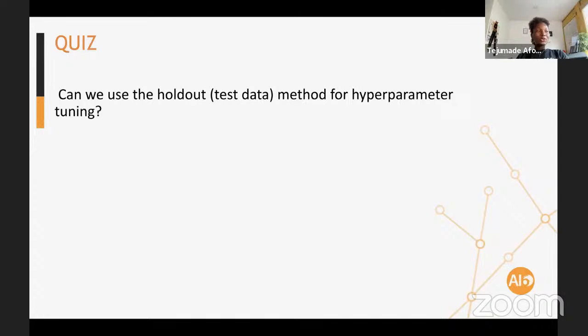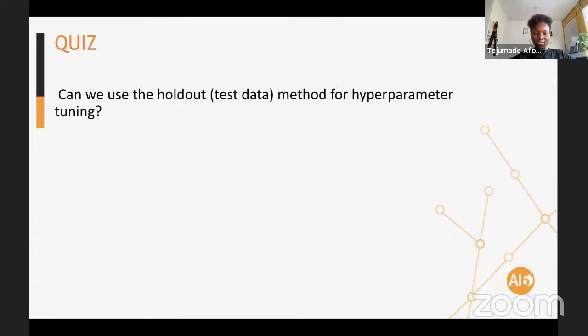Well, the thing is that you need a data set to tell you how your trained model is behaving. So you train your model, and you use one data set to compute a score that represents how well your trained model has performed.